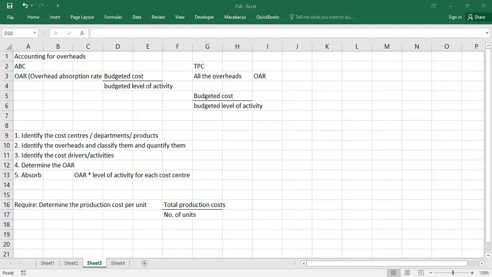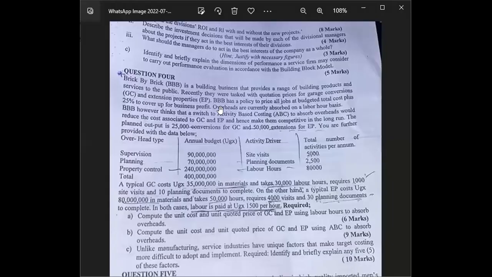I already talked about the theory. I really don't want to repeat it, and I beg you bear with me in that regard. So you're given question 4. They said you compute. By the way, in PM, they always ask for unit cost, because they want to determine the price. They wanted to compute the unit cost and a quoted price, or a price that you could apply to each, using labor hours to absorb overheads. Once you see something like this, using labor hours, using a single